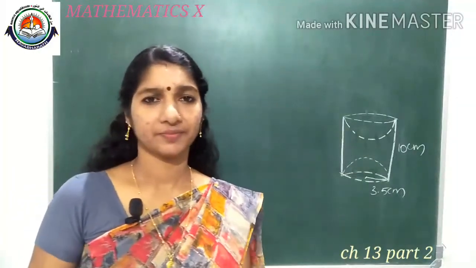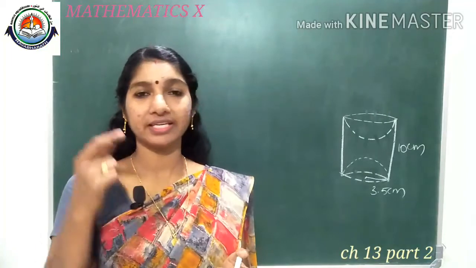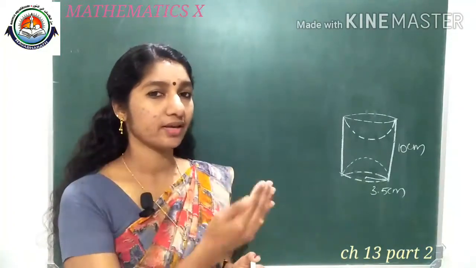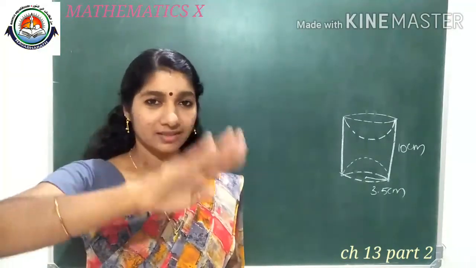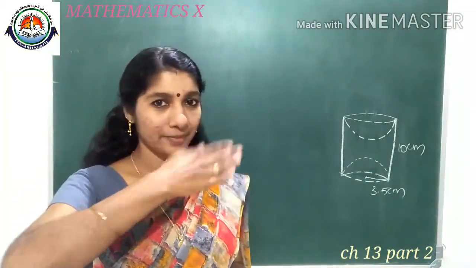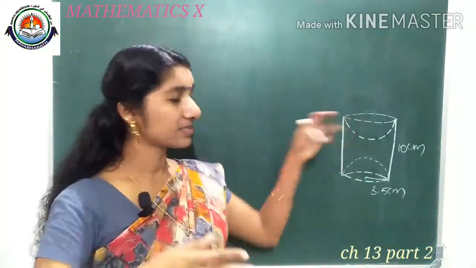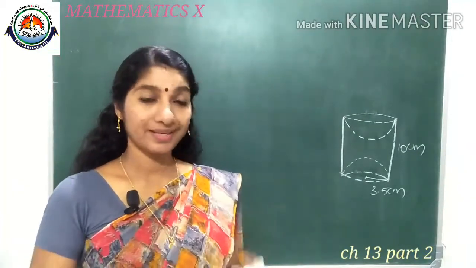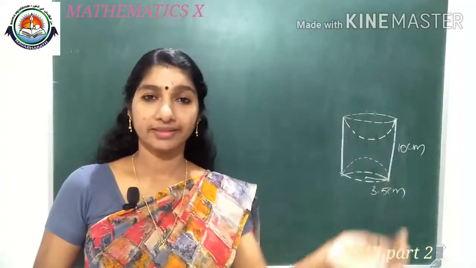How can we find it? To find the total surface area, we need to think about the surfaces of this figure. There will be the curved surface area of this cylinder, plus on the top we will get a hemispherical shape. So its total surface area is, that means the curved surface area of this hemisphere will come 2 pi r square, plus in the same way we will get on the bottom also another one, 2 pi r square.